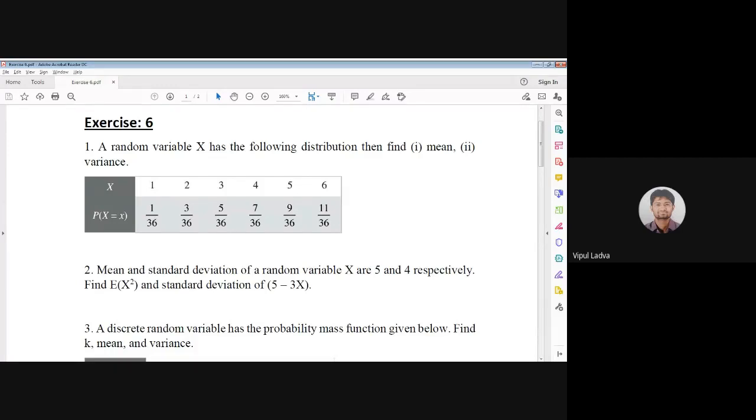Okay. Just a second, I had shared the same PPT which is visible over your screen. I had shared that same PDF over a WhatsApp group. So if you're not able to identify the question, if you're not able to read the question properly from the screen, you may access that particular PDF for your reference.